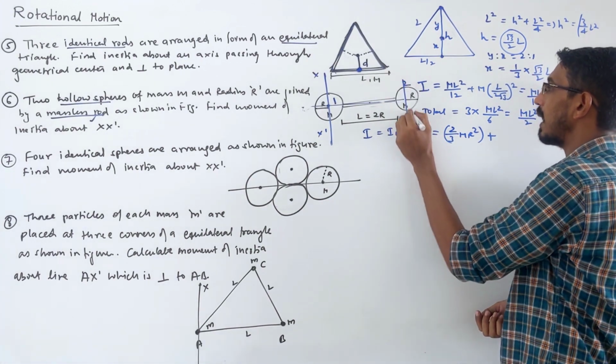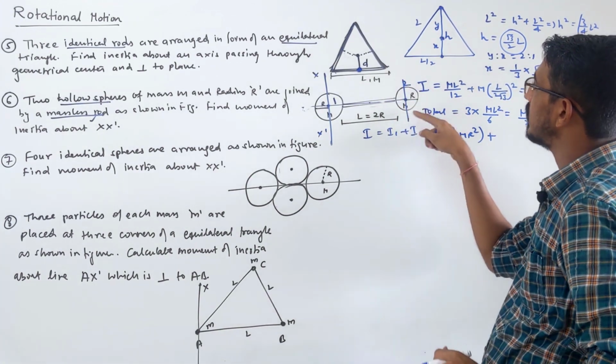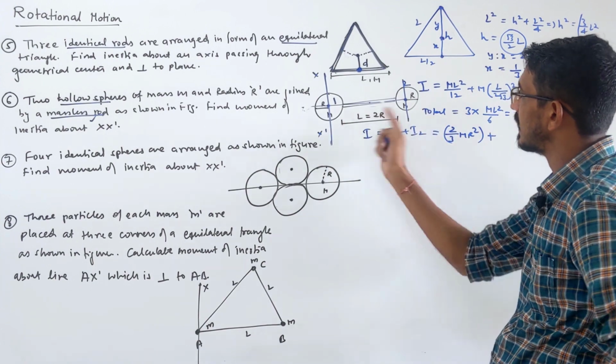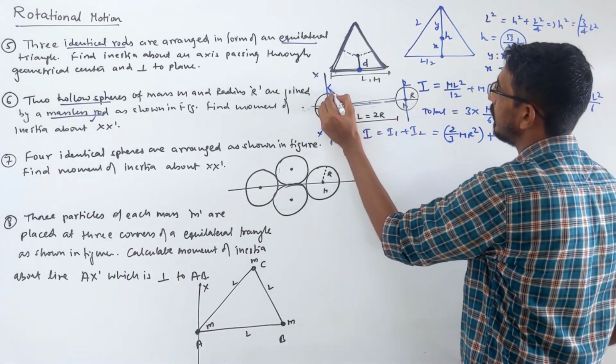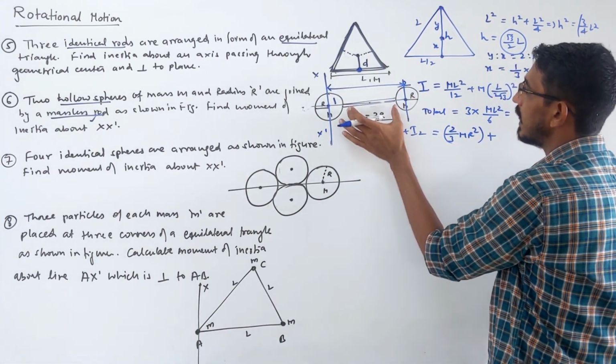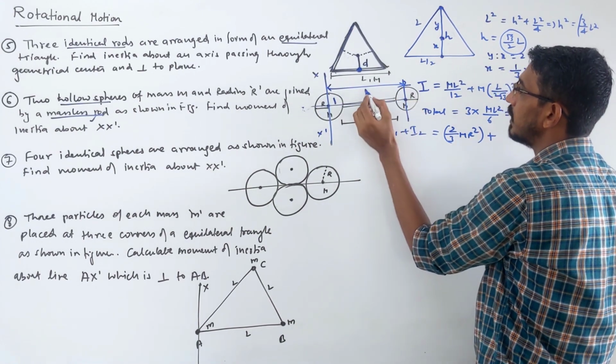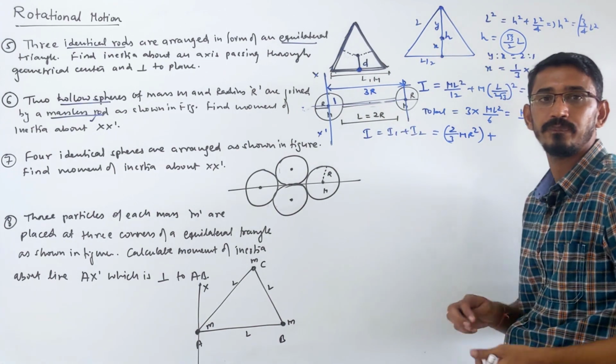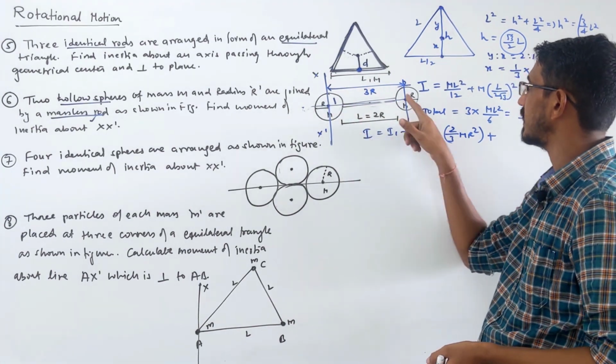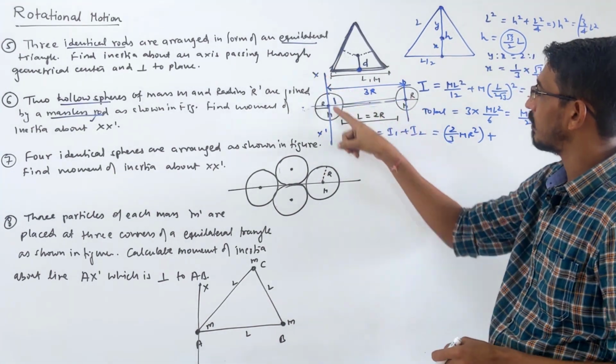So for this we write the parallel axis theorem. Inertia about the diameter is 2 by 3 mr square, then we need that distance d. So how much is that distance? From here to here. The length of the rod is given as 2r. This becomes r by 2, that becomes r by 2, so the total length becomes what? 3r, the distance between this axis and that axis. Okay, we are rotating about that axis.